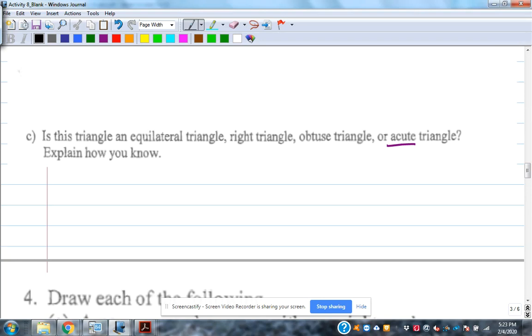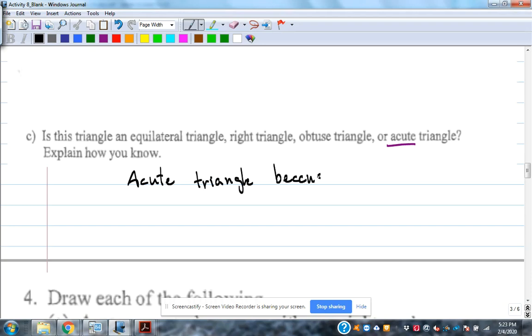So all the angles are acute, so it's an acute triangle. How many angles have to be right for it to be a right triangle? How many can be right if it's a right triangle? One. Because remember, they got to add up to be 180, right? So how many angles are in every triangle? 3. So if one of them is 90 degrees, what do the other 2 have to be? Less than 90 are acute angles, right? So this is an acute triangle